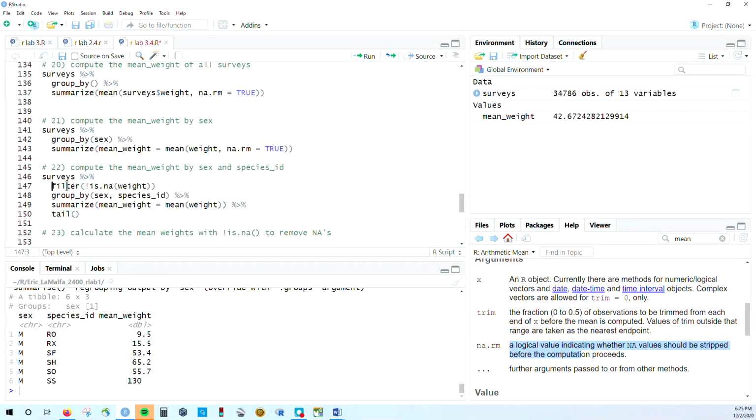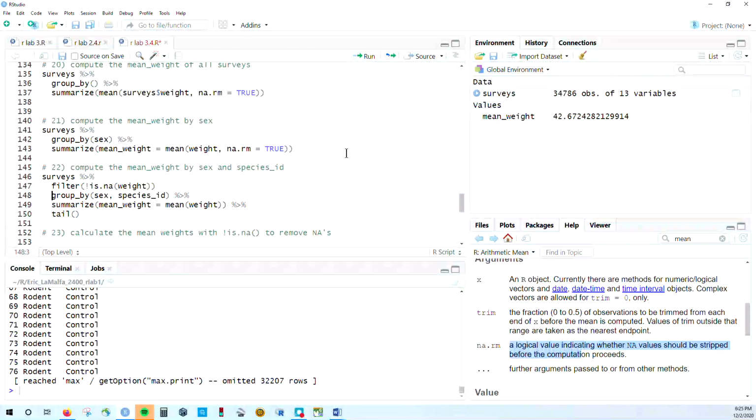So if I put that up front, it's a little bit tidier. I don't have to deal with this argument in the mean function. So let's see what that does. Let's see, it prints the same number of rows,